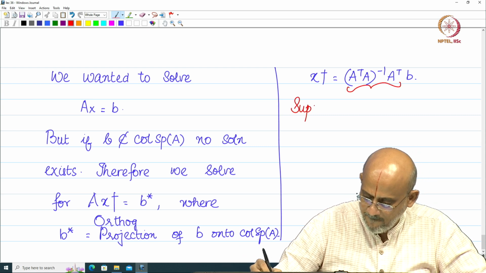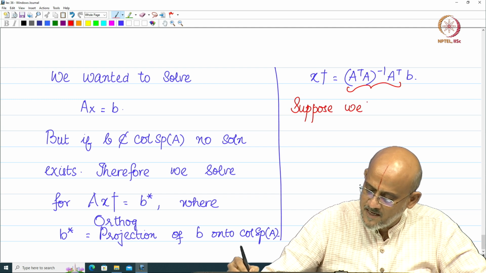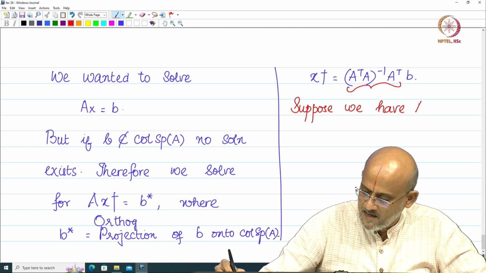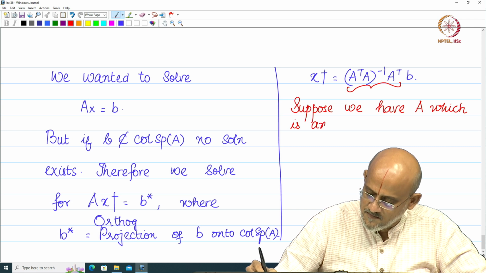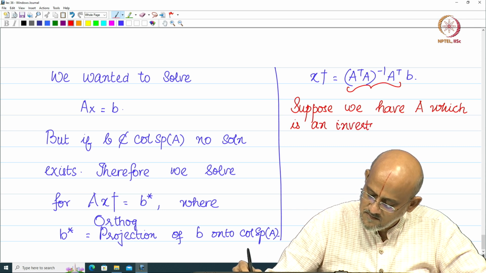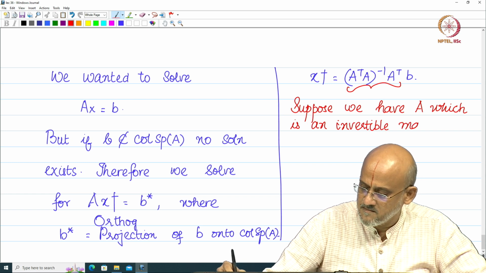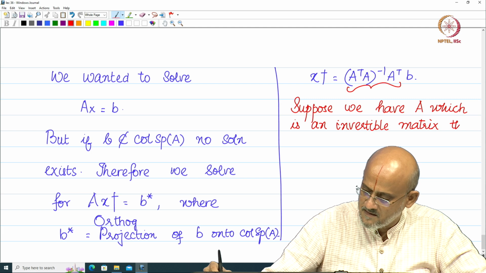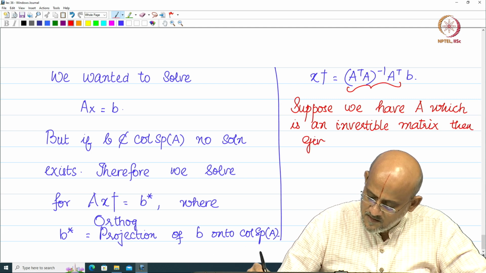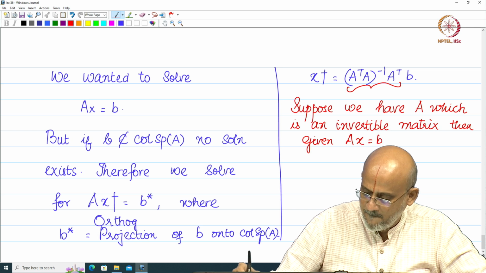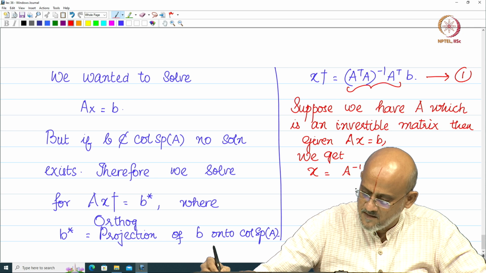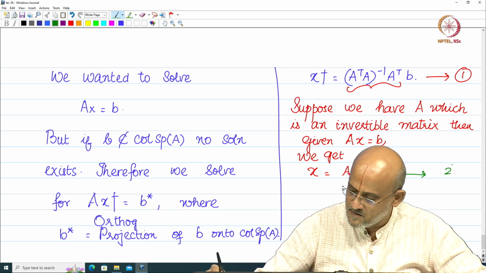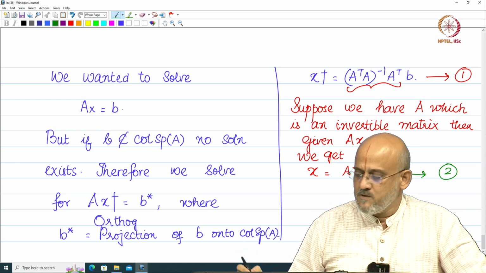Suppose we have A which is an invertible matrix, then given Ax is equal to B, we get x is equal to A inverse B. Let me call this equation 1 and let me call this equation 2. If you compare equation 1 and equation 2,